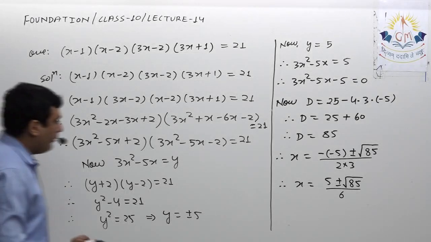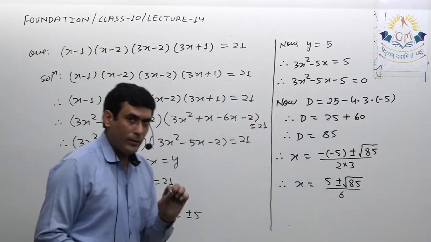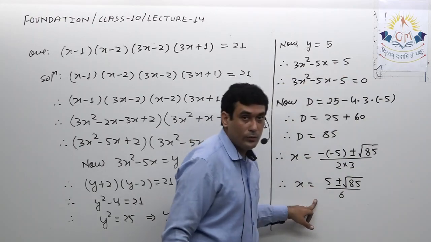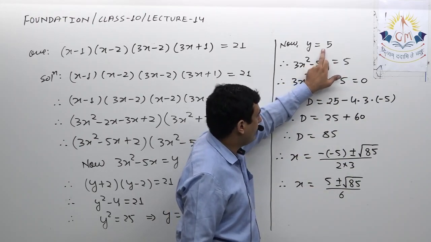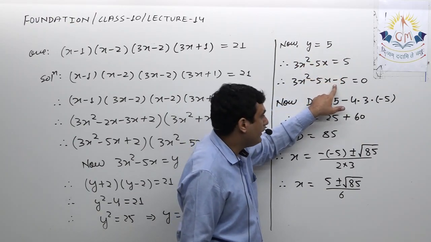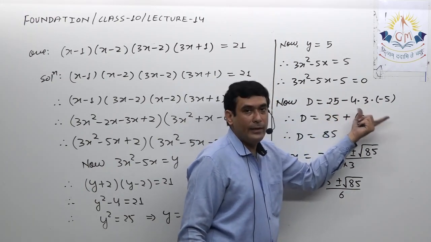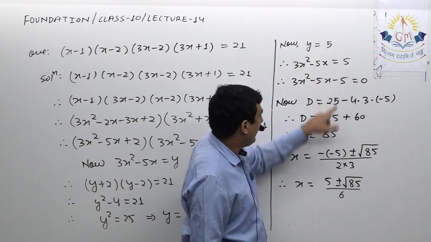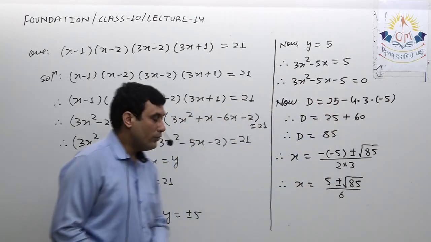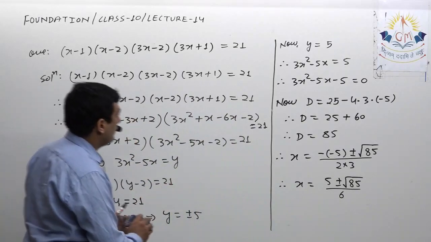Okay, so here the value of x is 5 plus minus root 85 by 6. Now let me explain one thing more. See, when y equals 5 we got x equal to this. Now suppose y is equal to minus 5. So when I take it as minus 5, here it will be plus 5. That means c will be plus 5. And if I take c as plus 5, this d will be negative. That means for y equal to minus 5, this equation does not give any real value. The only value of x is this, but still let me give you that part of the solution as well.